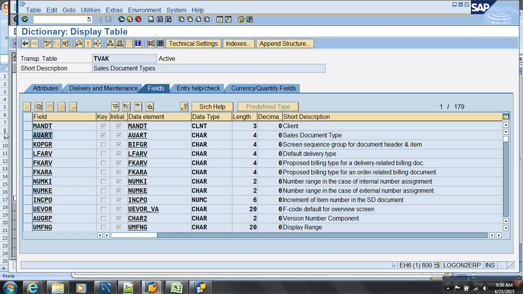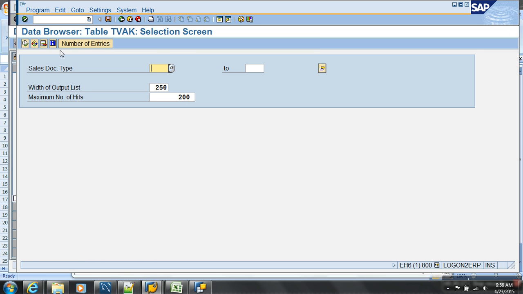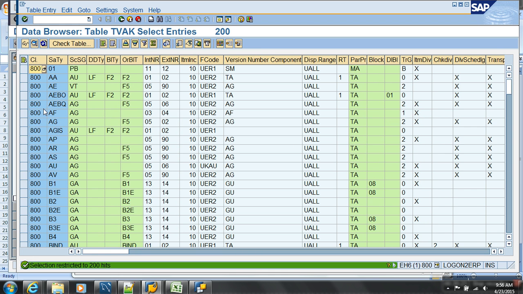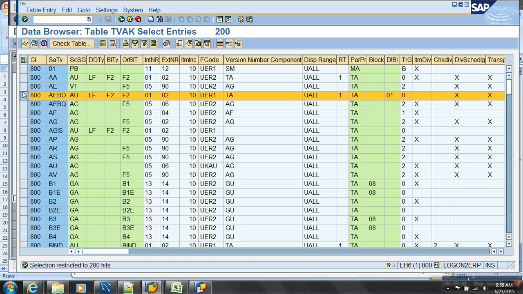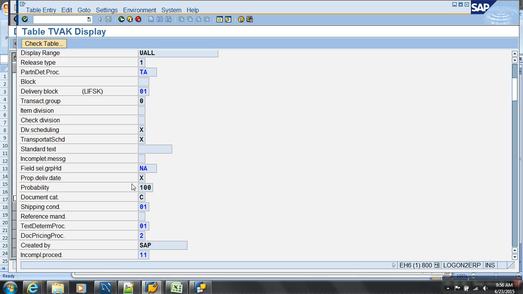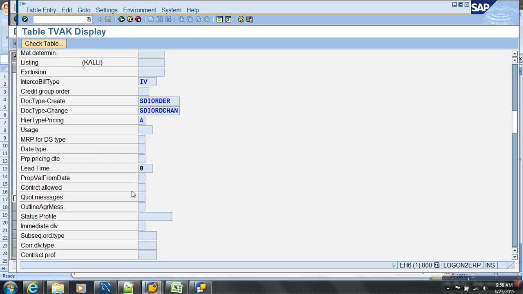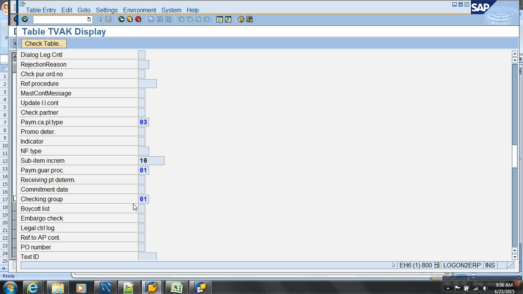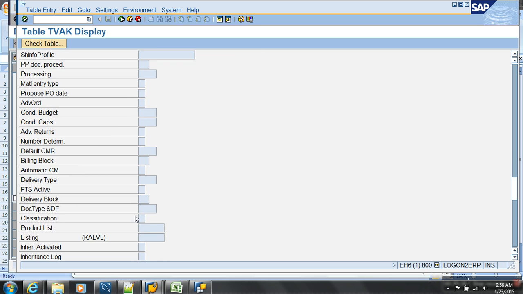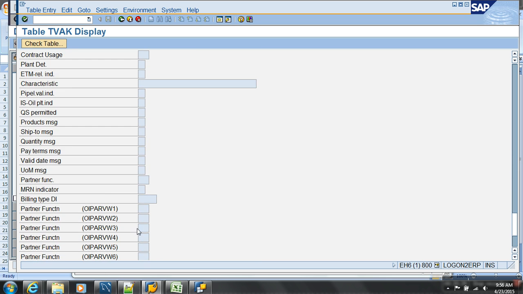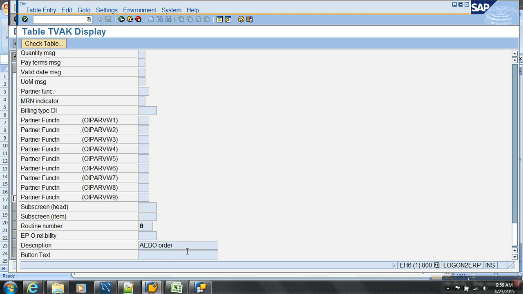From this, which field is giving me the description? Look, there is a field. What is the field here? Description.